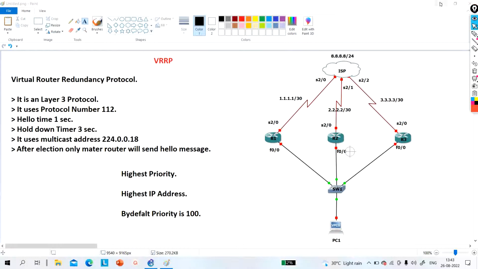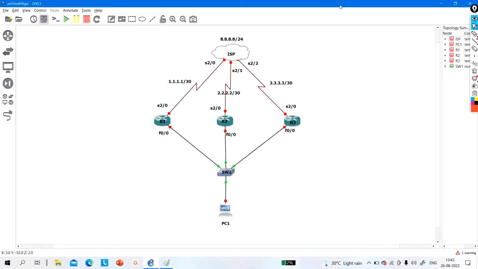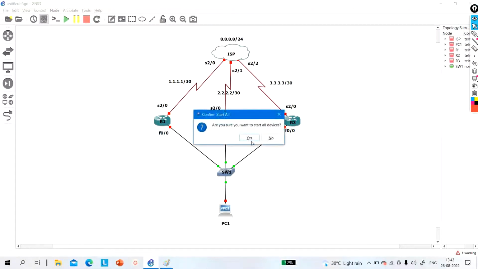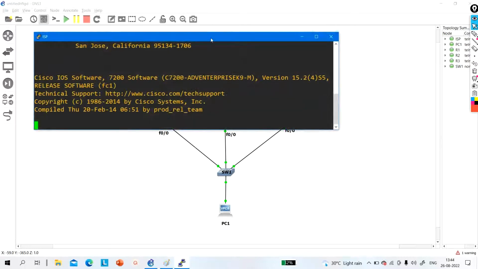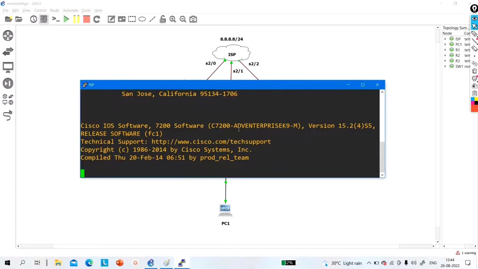So let me open my GNS3. Here you can see this is my topology. Let me turn on the devices, and I have already configured IP addresses on these devices. Let me show you very quickly. So here on the ISP router you can see,